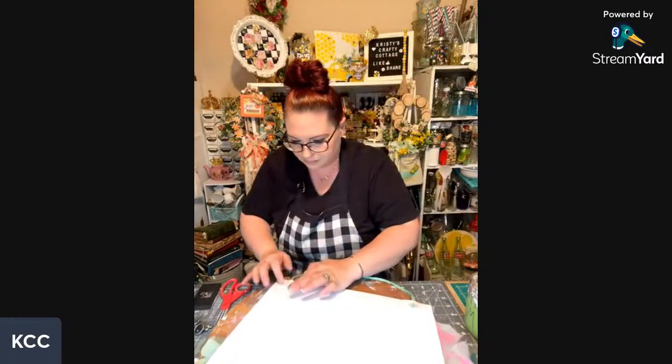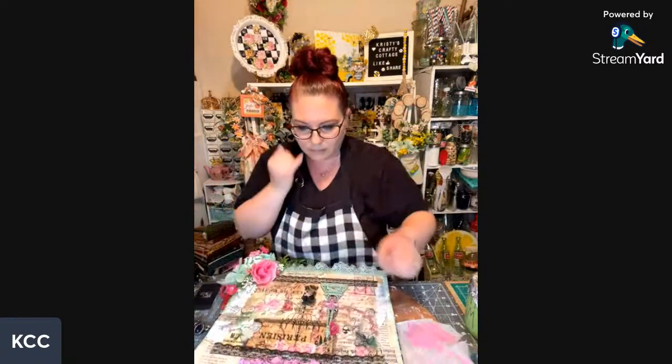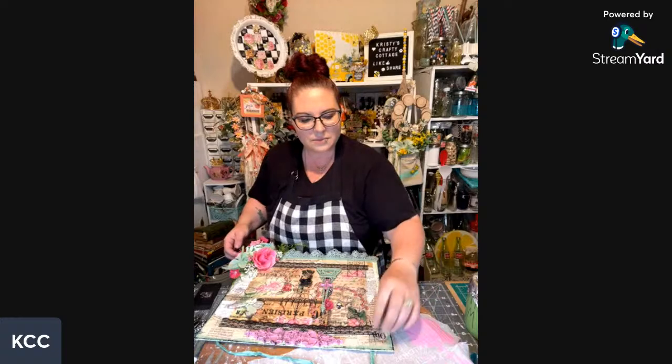Right. And then I'll put the bow on up in the top corner here, and it's going to be kind of like connected to the hanger and like on the